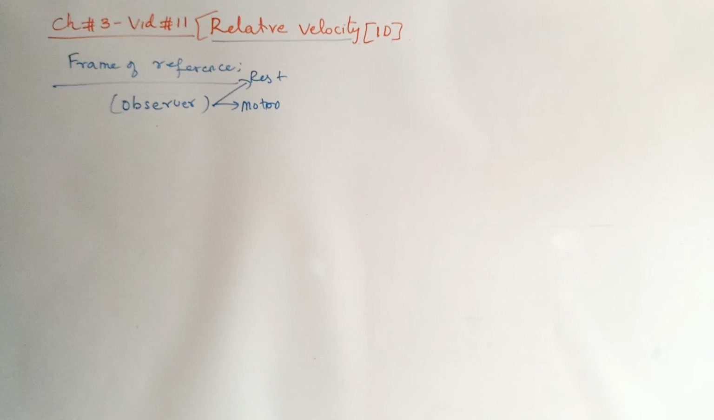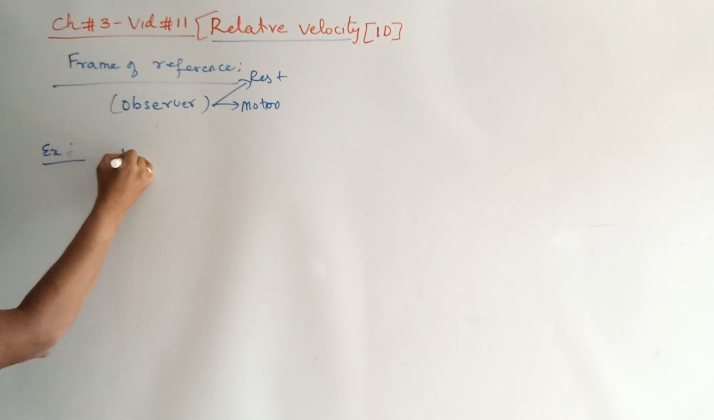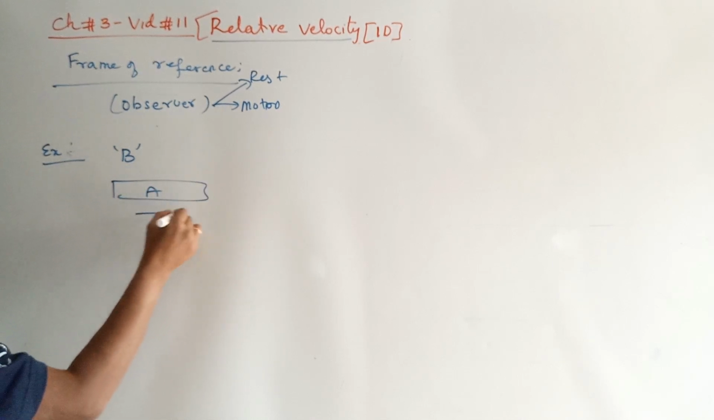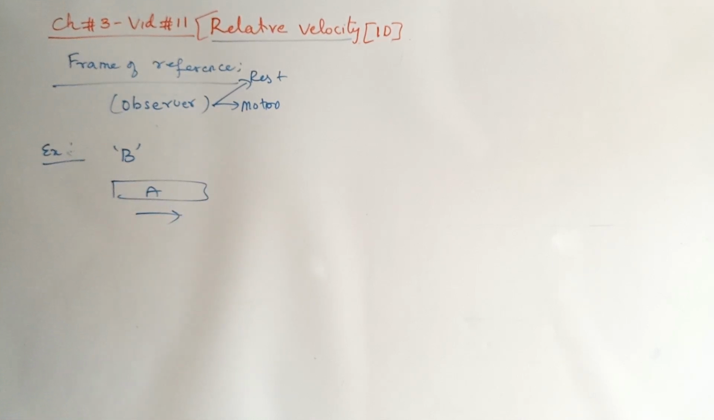Now, what are we trying to say in this concept of relative velocity, if we have this knowledge of frame of reference? I'll take an example to make you understand this easily. Example. Consider you are person B standing on the platform and your friend is moving in a train in this direction. If you are standing on the platform and your friend is in the train